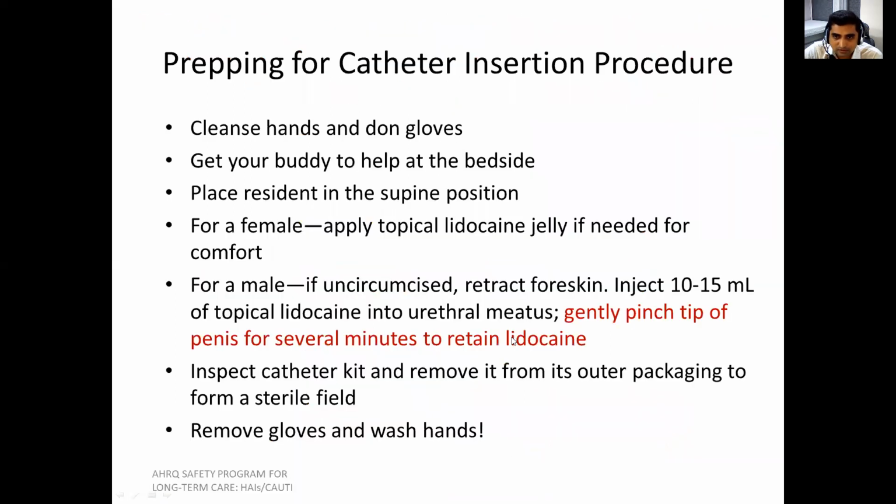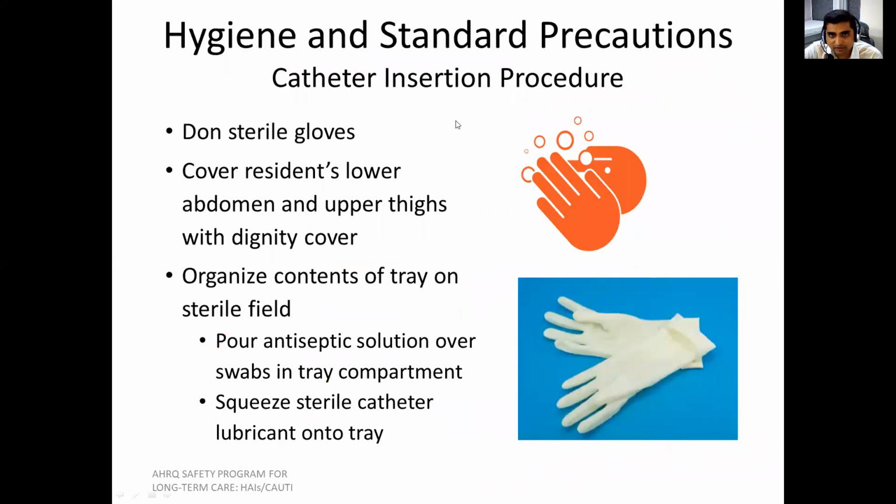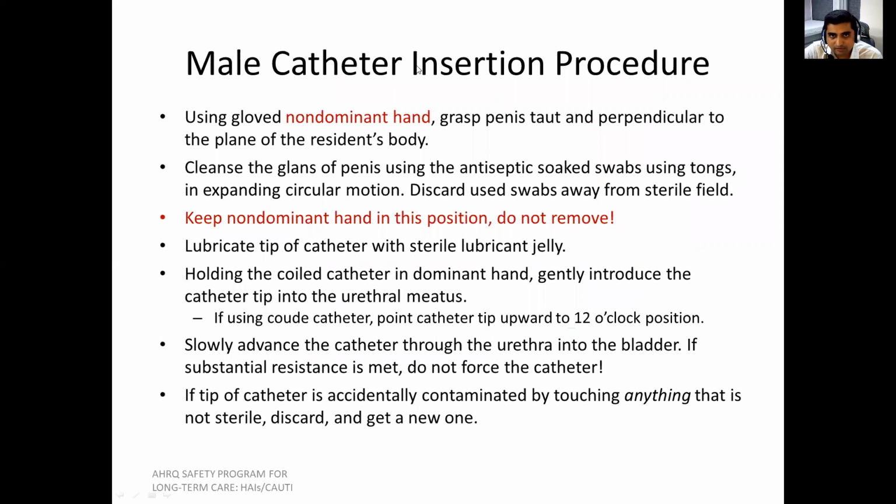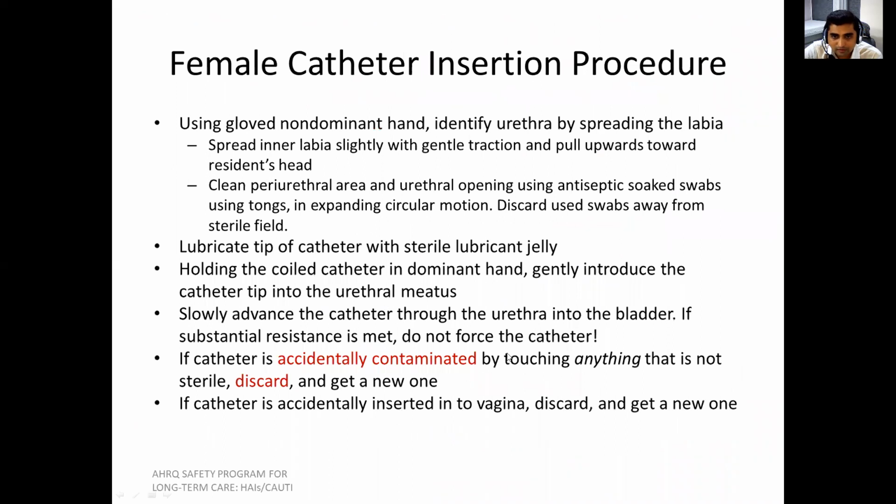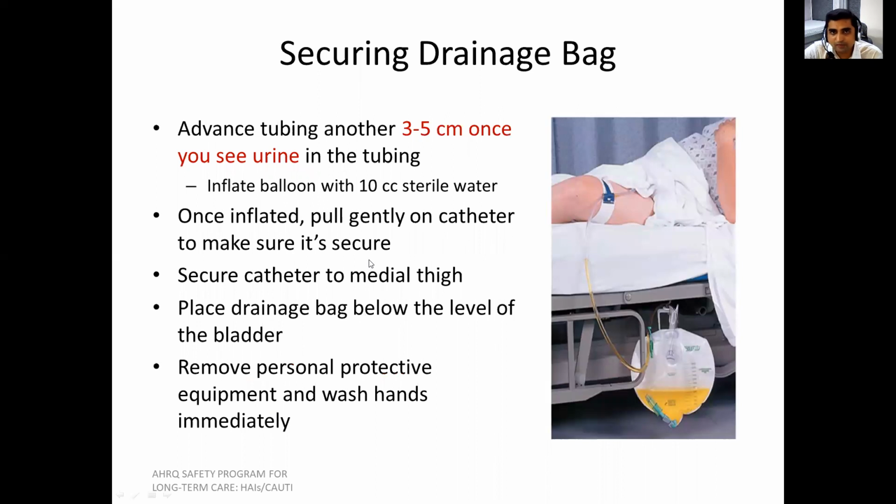This is the theoretical aspect, which we have already discussed step by step: preparing the patient for catheter insertion, and how to maintain hygiene for male patients and female patients. The main thing to always remember is that if your hand or your catheter accidentally touches the vagina, thigh, or any other part which is not sterile or not cleaned during the procedure, then you have to change the catheter and change your gloves. Don't use the same catheter or same gloves if they touch a non-sterile area. This must be remembered. This is the most common mistake everyone makes.